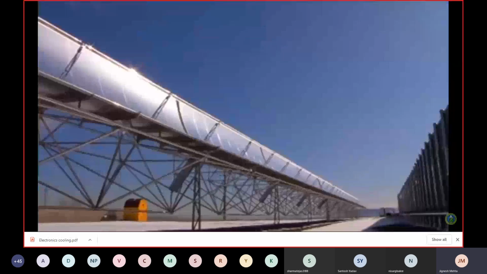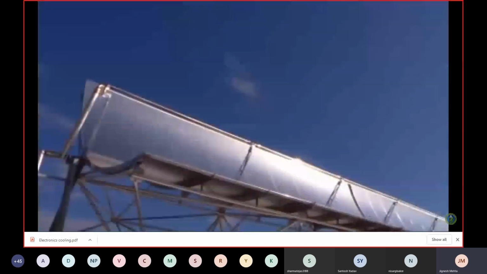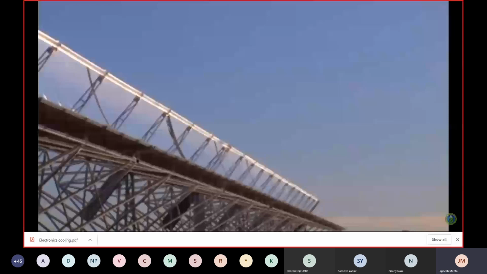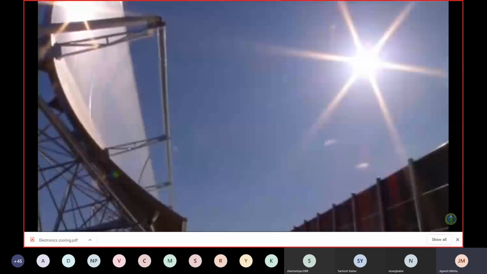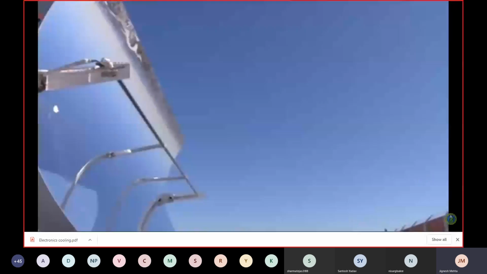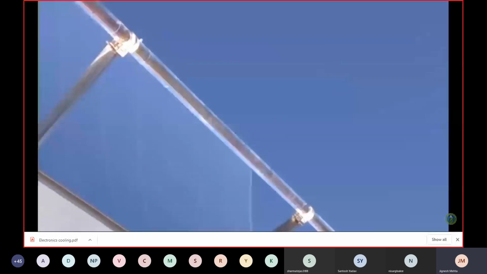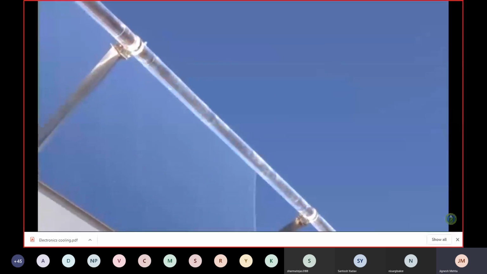Okay, have a look at this parabolic trough system. Parabolic troughs are large mirrors shaped like a giant U. These troughs are connected together in long lines and will track the sun throughout the day. When the sun's heat is reflected off the mirror, the curved shape sends most of that reflected heat onto a receiver. The receiver tube is filled with a fluid. It could be oil, molten salt, something that holds the heat well.